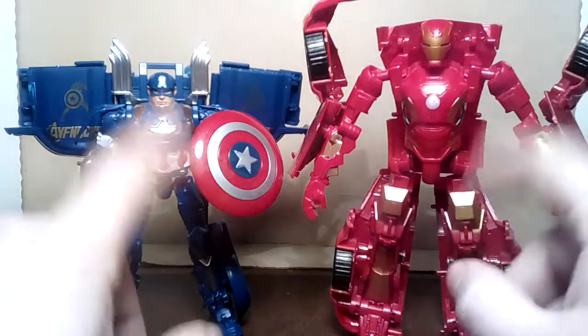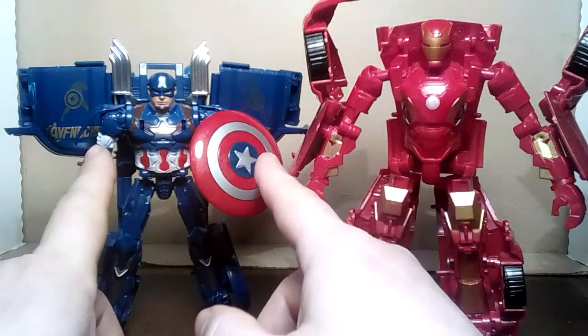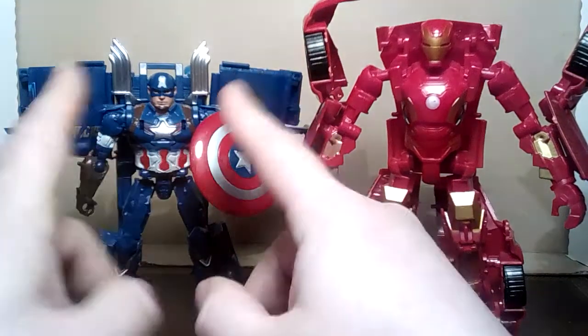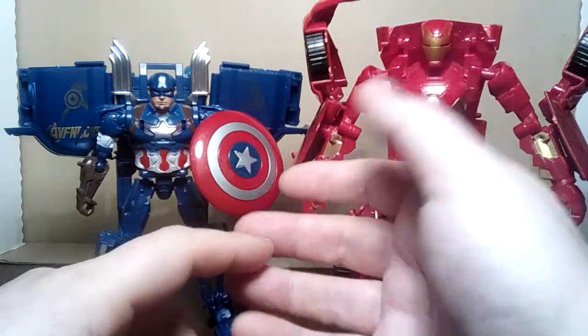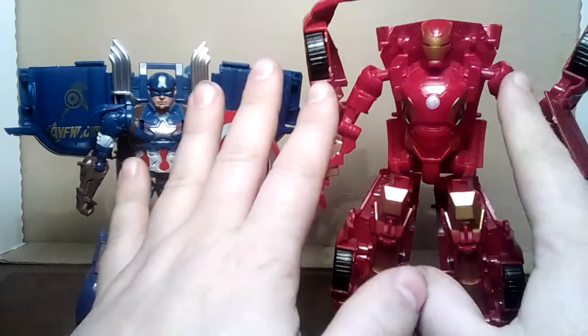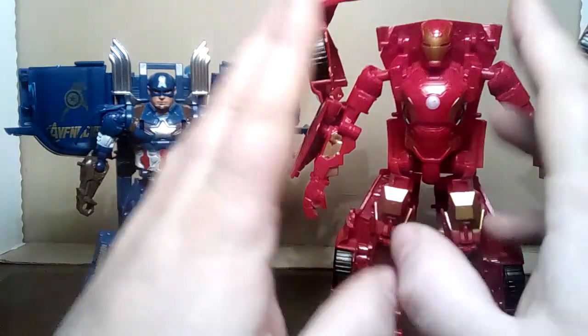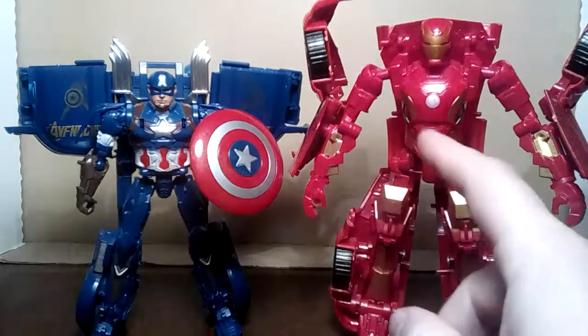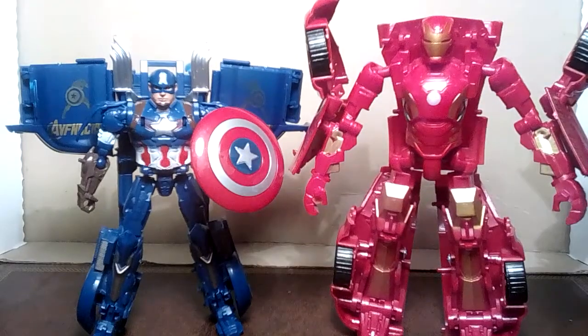And the scale is ridiculous. So yeah, you can also get this one as Thor, but to differentiate him, he's wearing a black costume. Wasn't really a fan of that. And this one you can get as the Hulk. I'm not kidding, the Hulk. In fact, let me just pause this and go and find the box. Okay, so